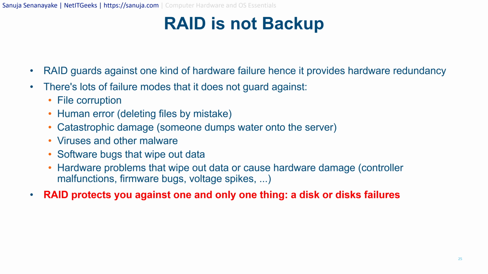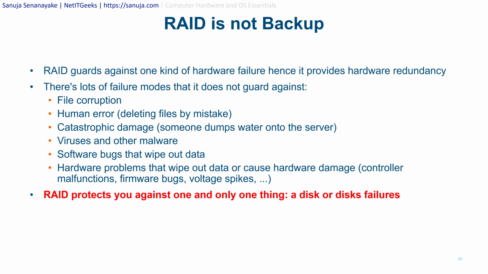The reason RAID is not backup is that RAID guards against one kind of hardware failure, hence it provides hardware redundancy. The primary purpose of RAID is not backing up your data, but guarding you against a hardware failure, and it's a very specific type of hardware failure, which is a disk failure. There are a lot of other things that could go wrong in a system that are not covered by RAID. That includes file corruption, human error such as deleting a file by mistake, and catastrophic damage,